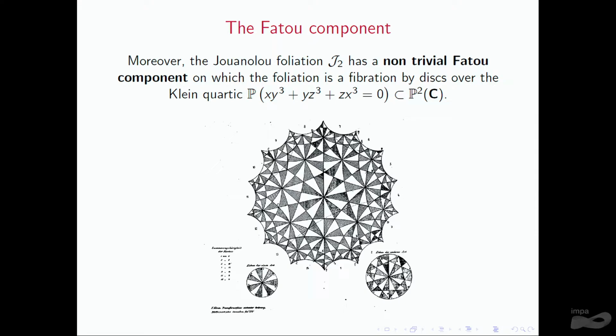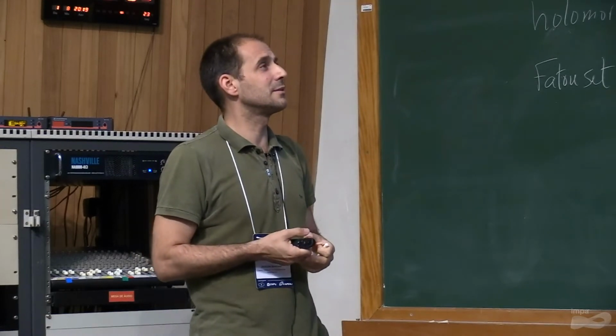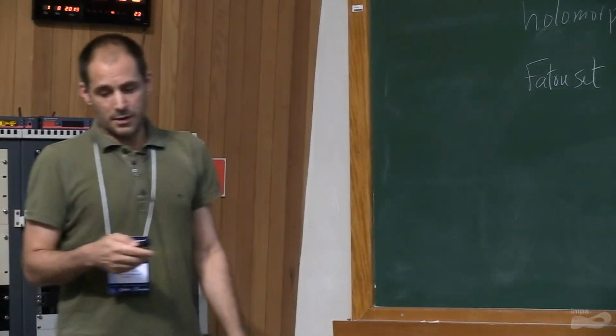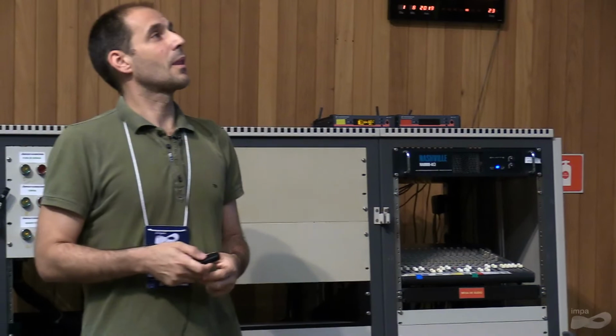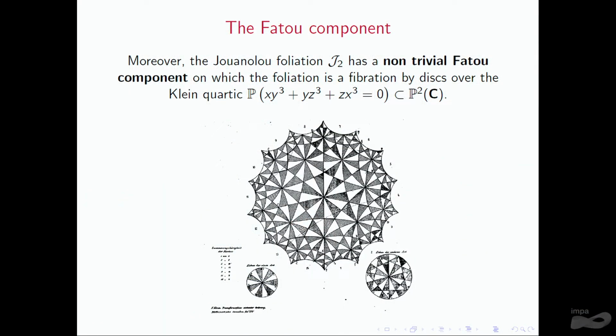So we don't have any results concerning the dynamics of the foliation on that Julia set. This is called the Julia set of the foliation. But we have some conjectures. We have made some experiments that show that the dynamics of this foliation on this Julia set is related to other kinds of dynamical systems, namely the Lorenz attractor. I will give you a picture and I will give a finite conjecture at the end of the talk.